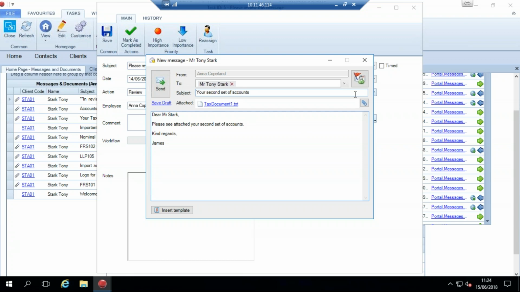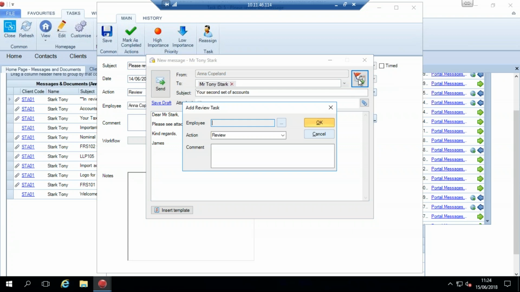as Anna. I can press send, and that will send the message to my client. But if I send it now as Anna, it will come from Anna. Okay, so whoever's pressing that send button is the person that's going to be shown as the sender of that message. If I don't want to send it, if I'm just reviewing it for James and I want James to